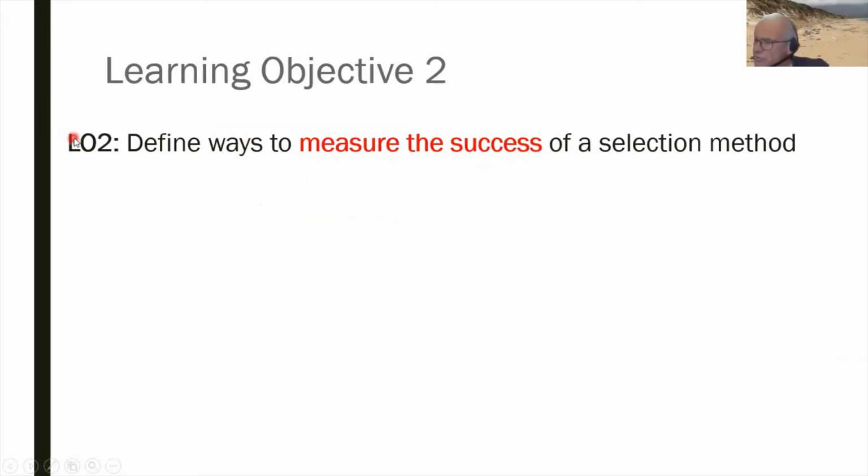So to recap, your selection method must be valid, which is measuring what you purport to be measuring. So measuring something that's actually critical to success on the job. It must be a reliable measurement, so it needs to be able to measure consistently. It needs to be